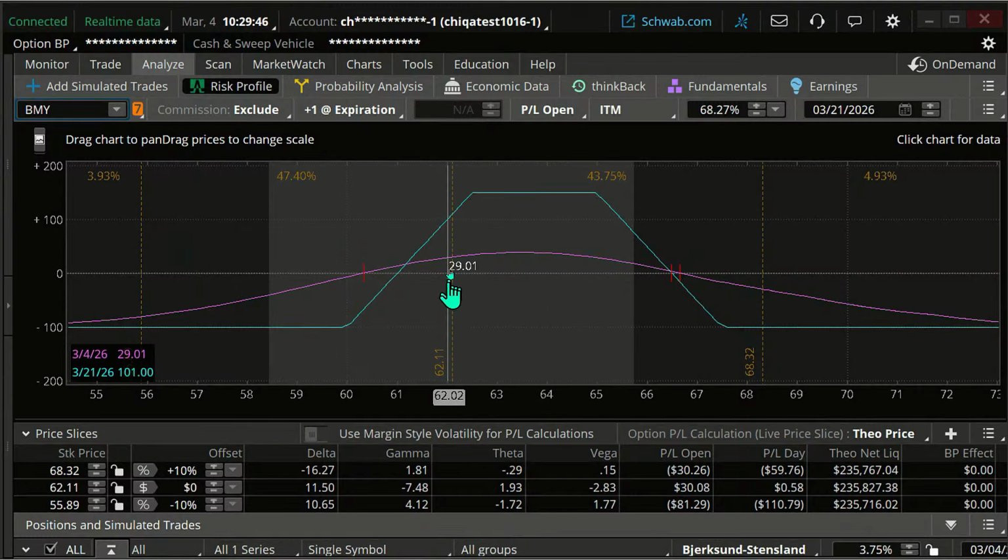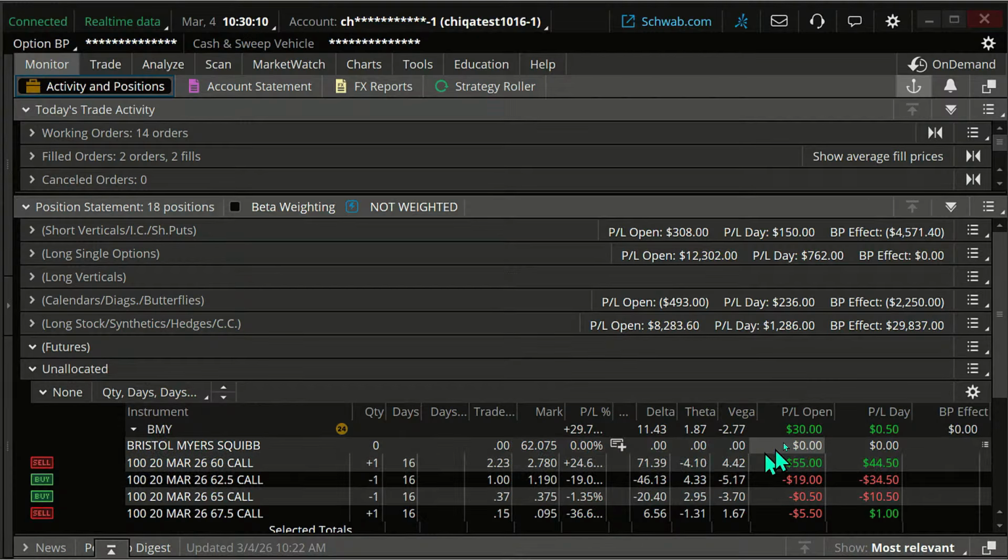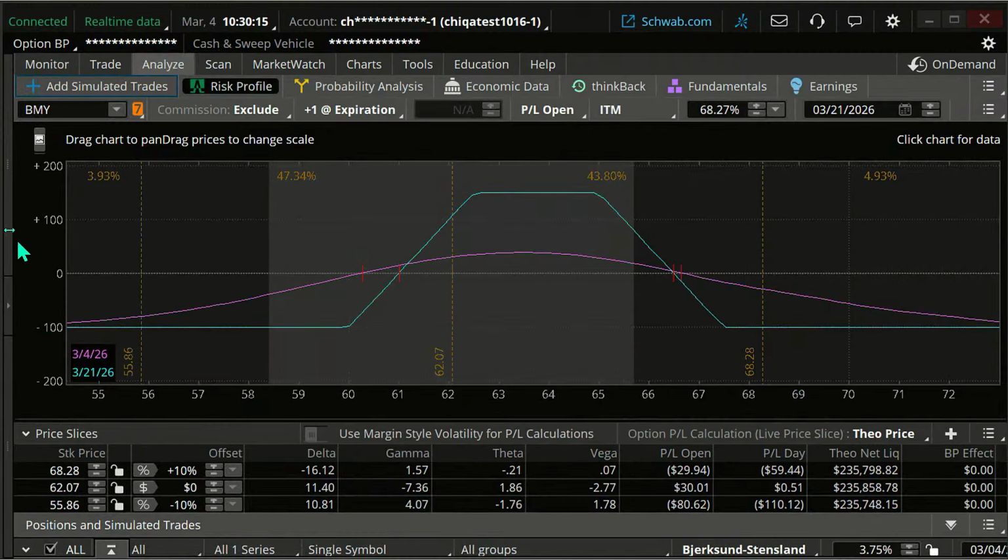Where are we right now? We're kind of on this lower end of the range here right now. So we're a little bit bullish on this. We don't want this to continue to go down. Right now, in terms of managing, we're up a little bit on this trade. We've got 16 days to go, so there's no urgency. Generally, if we're under 10 days, we'll look to get out. But we still have some time. But at this point, if we're looking at this trade and we're saying, I'm bearish on this, we'll look at the chart in just a sec, I probably want to exit this trade at this point.